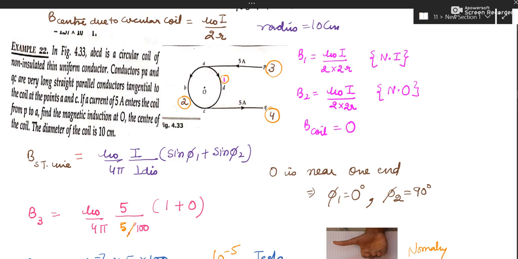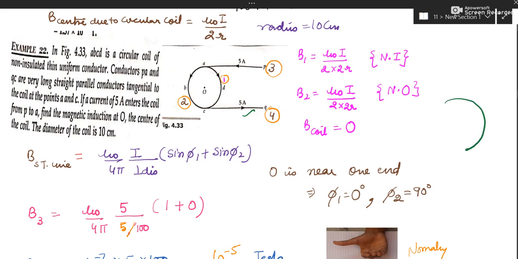See, again we have to find out the magnetic field at O. Look at O first of all. Who will exert magnetic field? The circular loop and the two straight wires, because this time the point is here. The point is not along the wires. The wires will also exert magnetic field. So let us talk about the magnetic field due to loops.